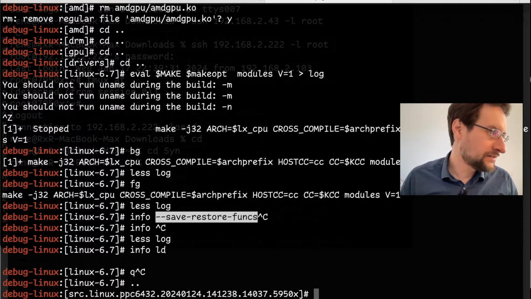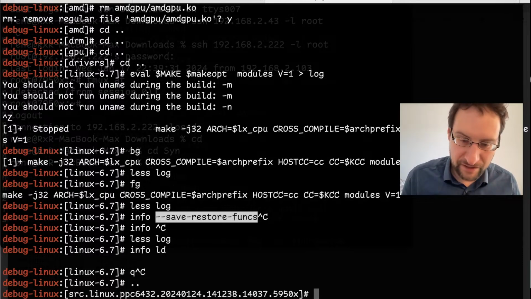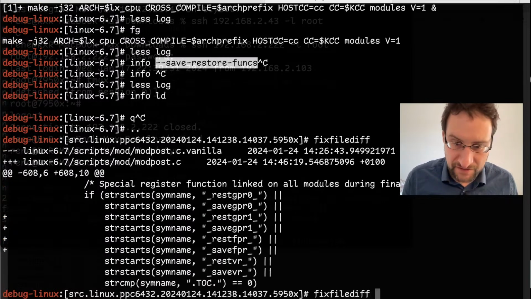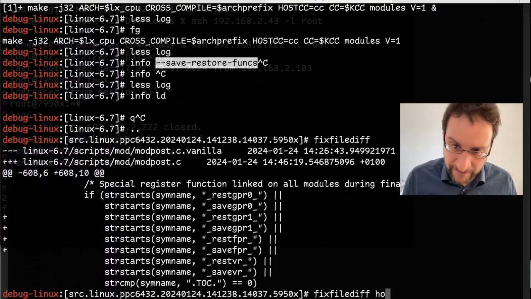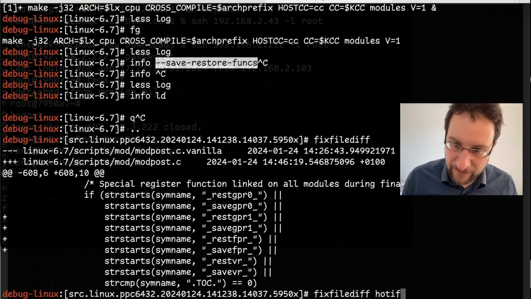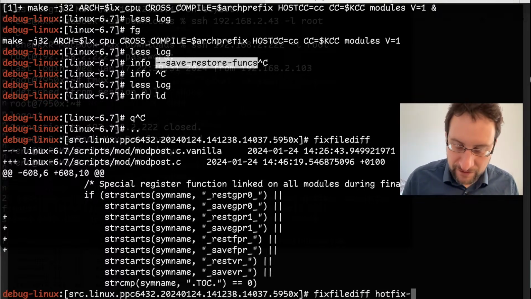That is obviously as amazing as other YouTubers getting their Commodore 64 or PDP-11 restored. So fix file diff, and then we call it another successful day here in our open source workshop studio. Fix file diff, let's save that to hotfix. And then obviously I need to spend another half an hour to write a nice cover letter to send in for IBM engineers to review for inclusion in Linus Torvalds'